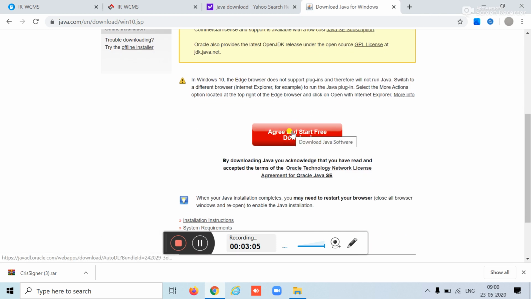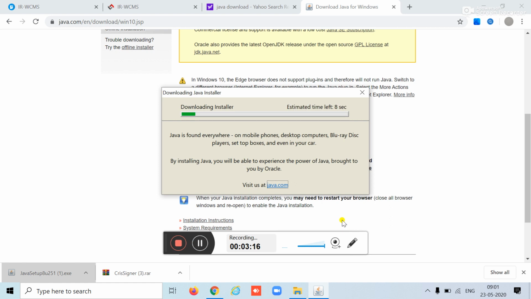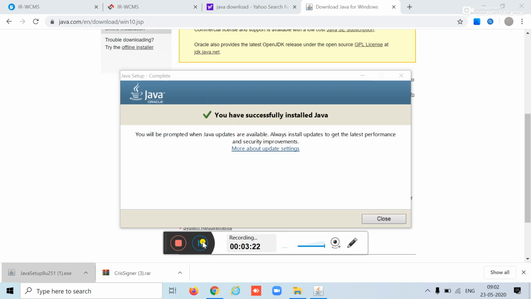Here you will agree and start the free download. The Java setup will be downloaded, and then run it. Install the Java. Java is installing now. Now Java has successfully installed.